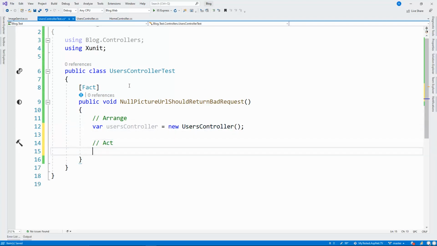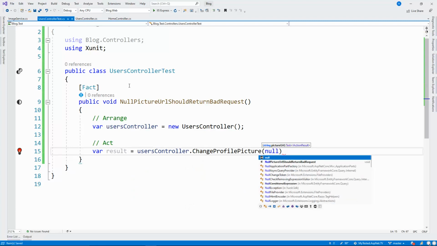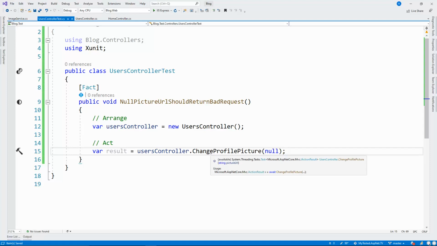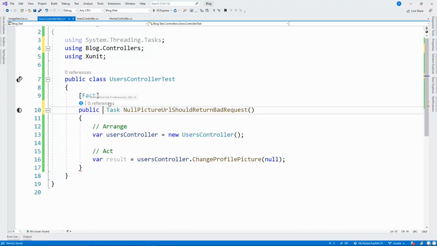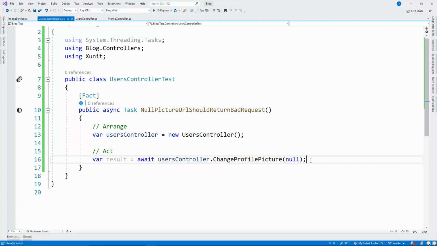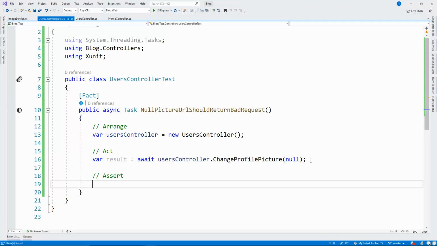Act: var result equals users controller dot change profile picture no. Since it's an awaitable method, we need to change how we invoke it. And lastly, we need to assert that